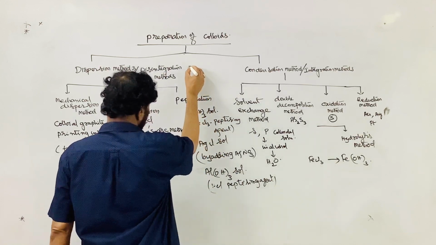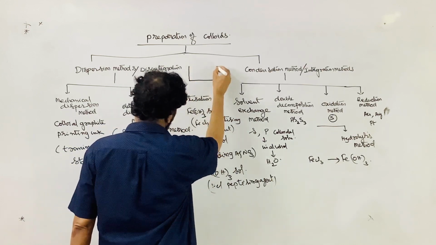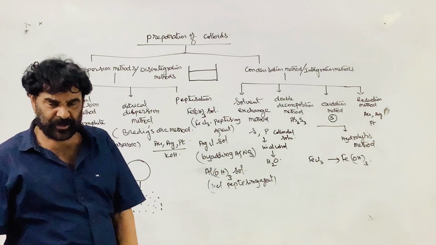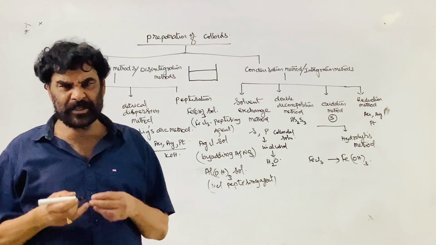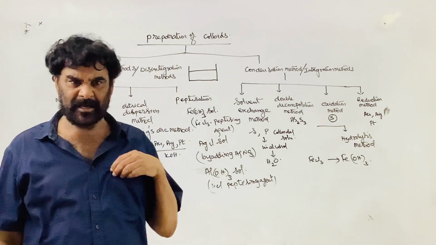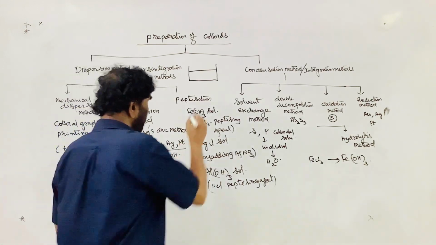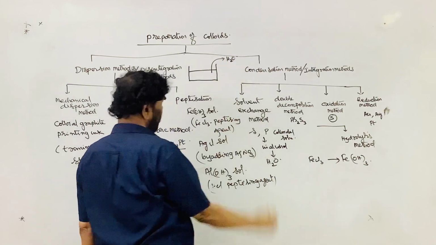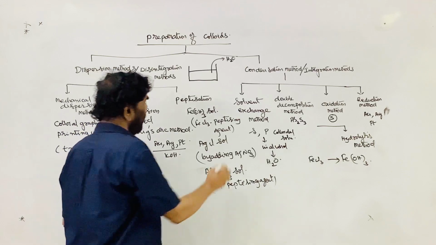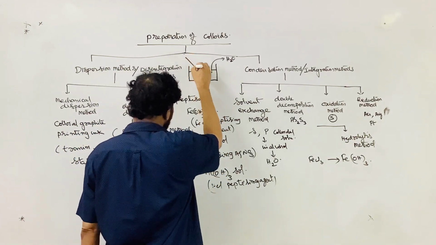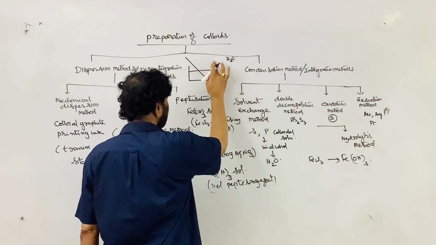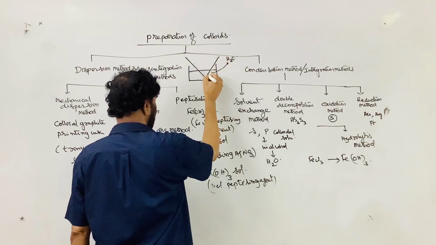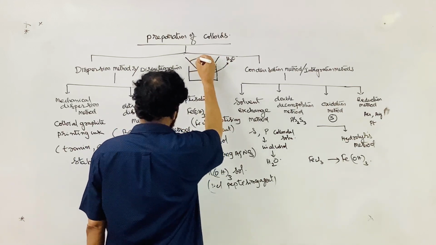This is the water, the solvent which acts as a dispersion medium. A dispersion medium is required, a dispersed phase is required, and a third reagent is required. H2O is your solvent or dispersion medium, and here the 2 rods are taken. This is a gold rod,